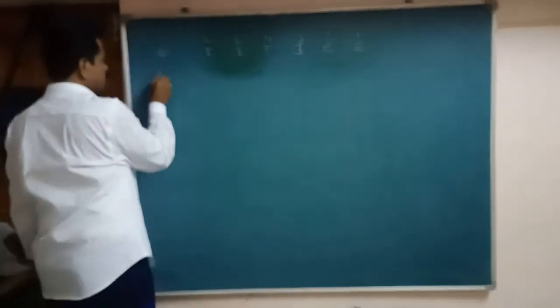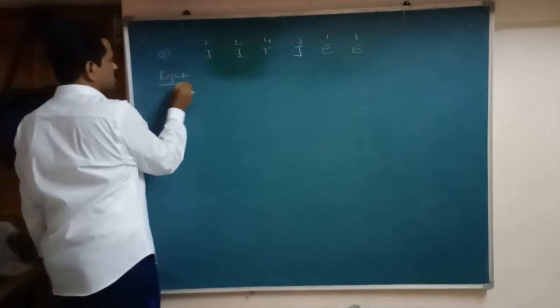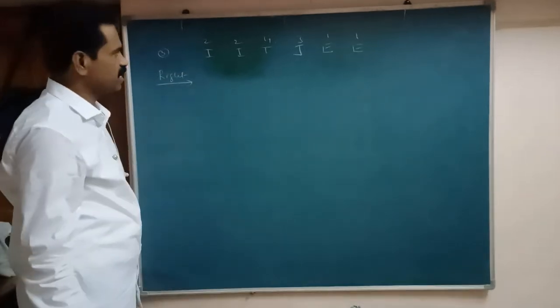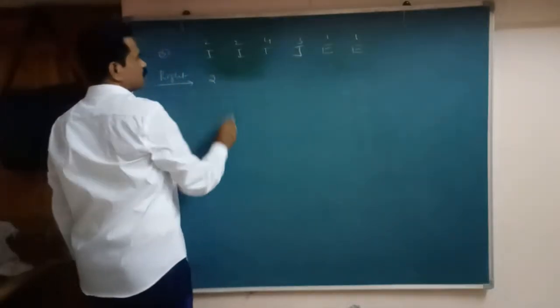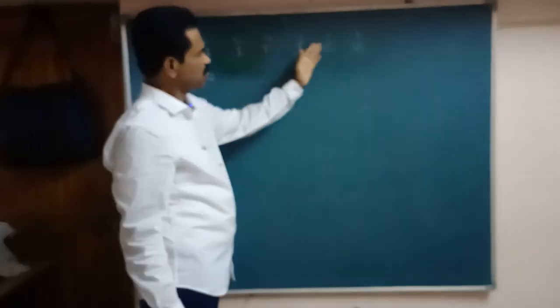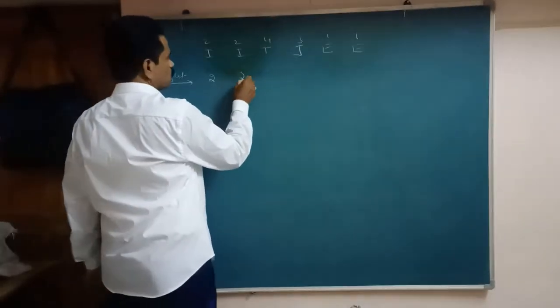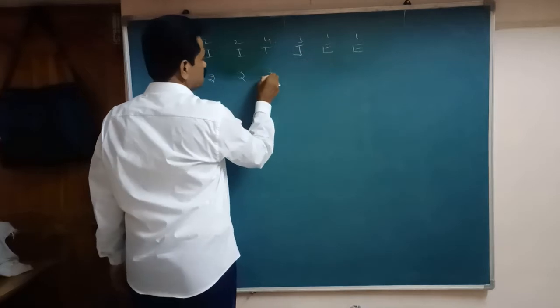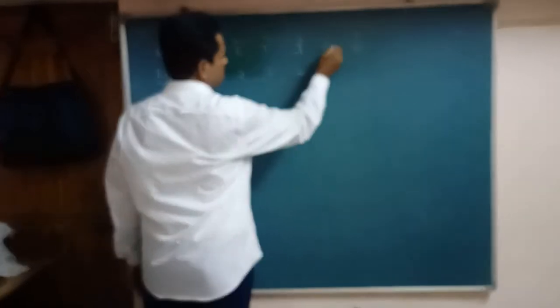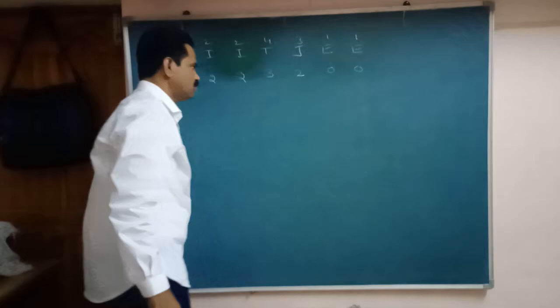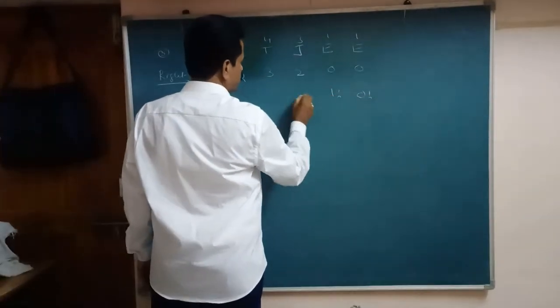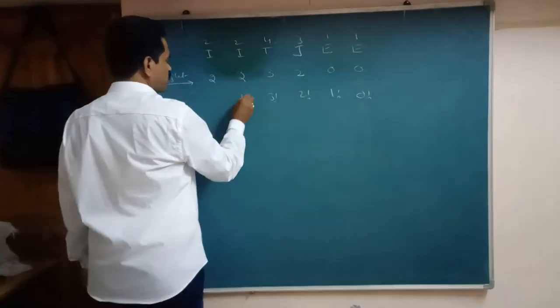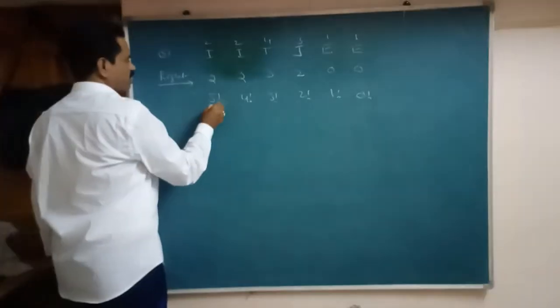Next step, second step from right side. So what do I take here? Less than numbers, how much here? 2 only. It is 2. Next, less than numbers, how much here? 2. 4 less than numbers 3. 3 less than numbers 2. 1 less than 0. Next it is also 0. Next we take here 0 factorial, 1 factorial, 2 factorial, 3 factorial, 4 factorial, 5 factorial.